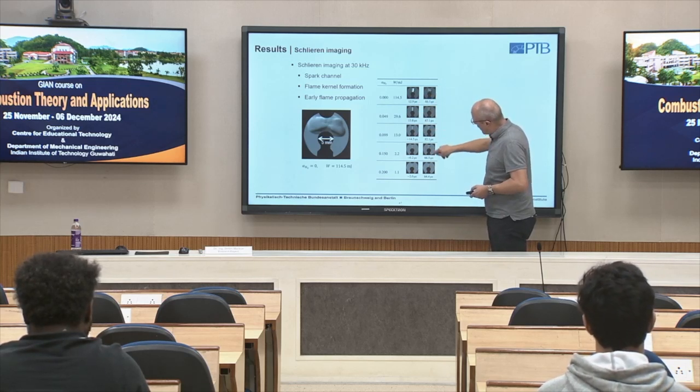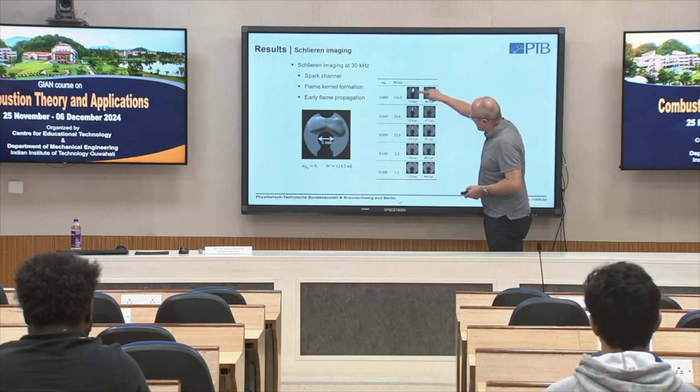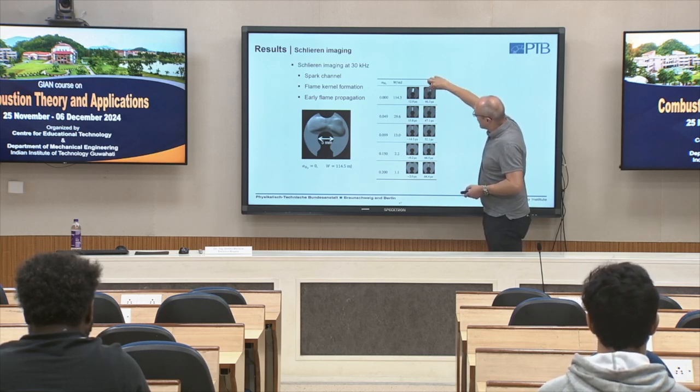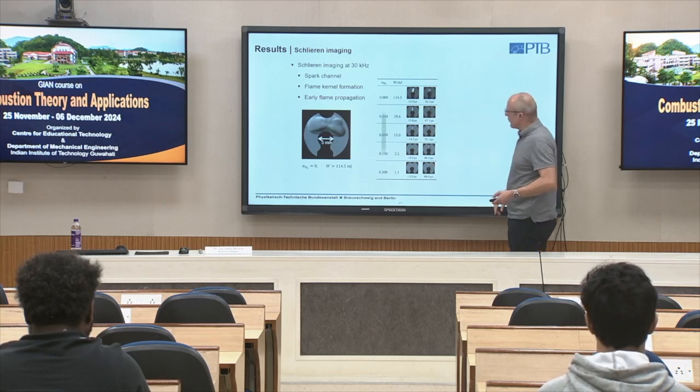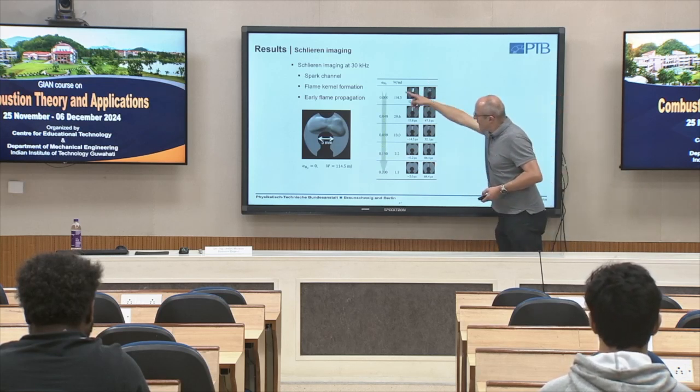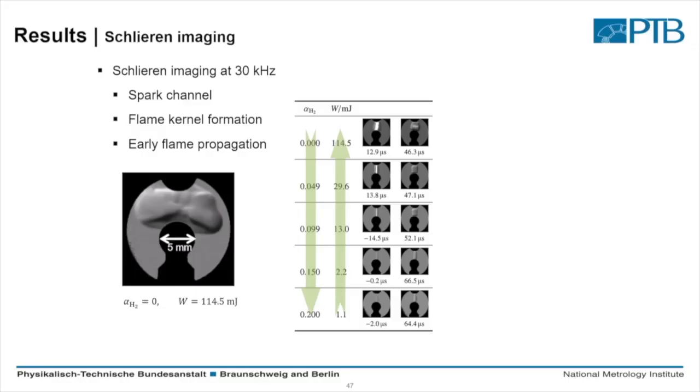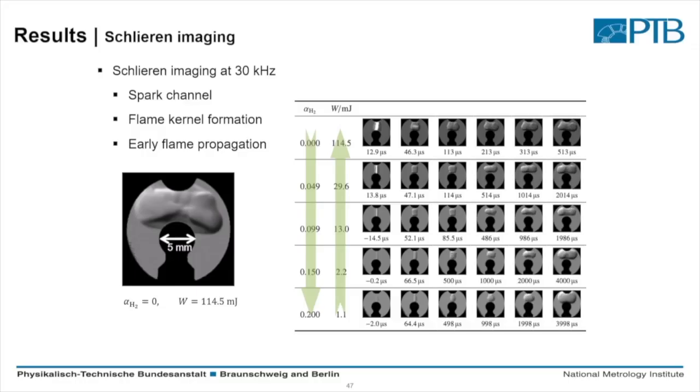And then, okay, we see the formation of the hot kernel after the end of the discharge. And you see already this is much bigger than here. So we increase hydrogen here, and we need to increase energy here. And when we continue in time, for these hydrogen-dominated mixtures, we can see a nice flame ball with a smooth surface. So ignition has taken place here in the center quite early, and then the flame propagation dominates everything. Here for ammonia, it looks different.